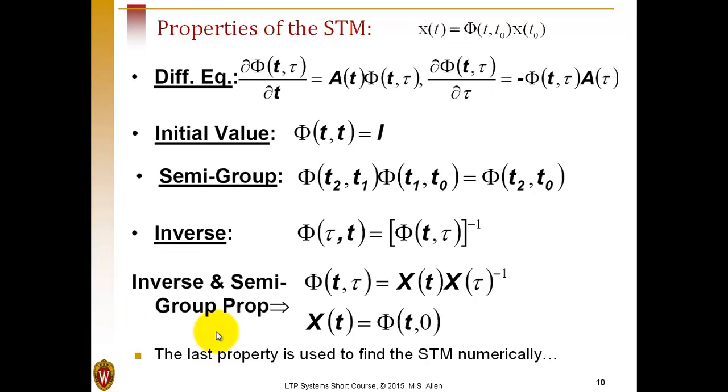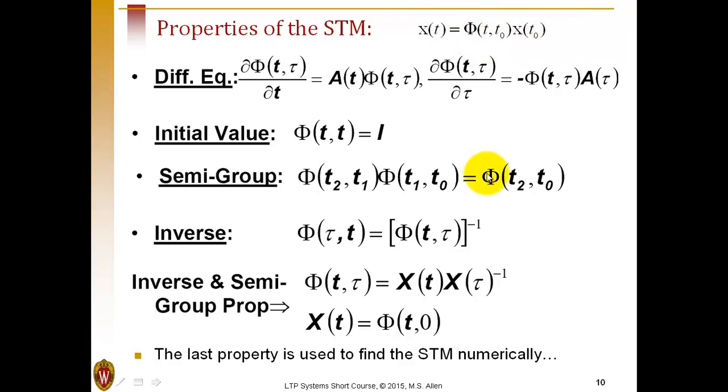Now this state transition matrix has a lot of interesting properties. There's a differential equation that we can use to solve for it in general, and it has to satisfy this initial condition. And you can see that immediately from this equation, that if we start at time t0, then the state transition matrix from t0 to t0 has to produce the exact same initial state, so it has to be